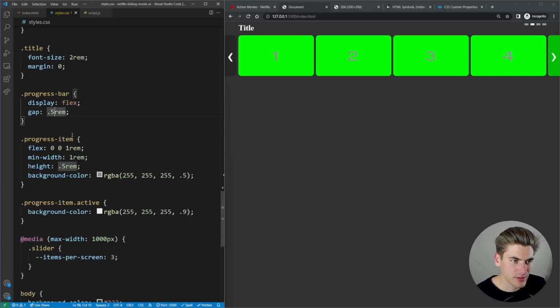And maybe make the gap between them a little bit smaller. Is that like what they look like on Netflix? Netflix has them wider, but shorter. Like that, pretty much. Or like 1.5. There we go. That's pretty close.